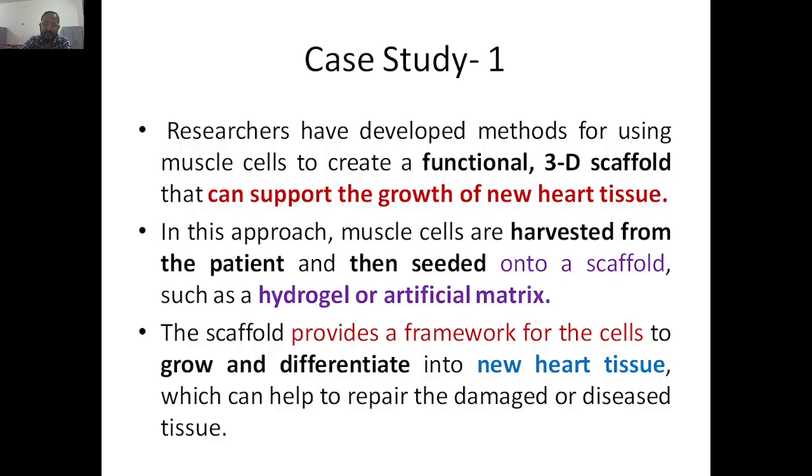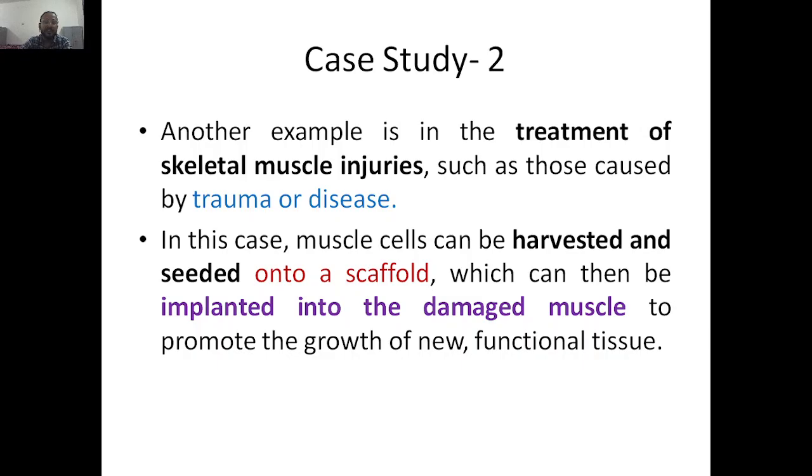So that was about case study 1. So case study 2, another example of the treatment. Okay, here what you can do is the treatment of skeletal muscle injuries. So one more case study is there, that is for skeletal muscle. Again, under muscle only we are having skeletal muscle injuries, such as those caused by trauma or a disease. Sometimes because of the trauma, or sometimes because of the disease, the skeletal muscle injuries will be there. To treat that, there is one more